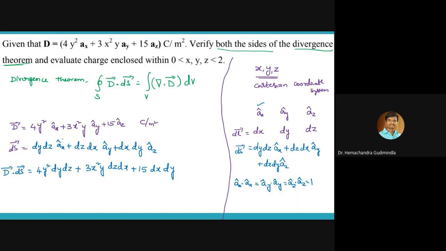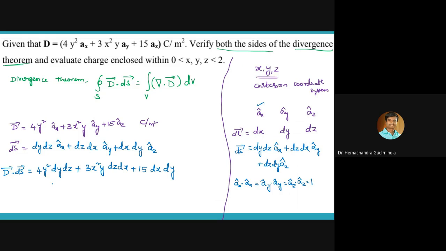If you look at D bar, they gave xyz, that means they gave the Cartesian coordinates. You just recall what are the unit vectors ax, ay, az and the differential length, and from the differential length you can write the differential surface. If you know it directly, you can write it. If you don't know, just write it from the rough page, that will help you.